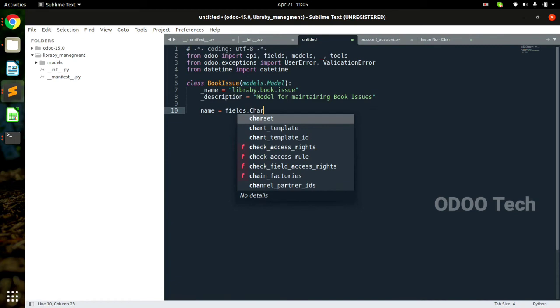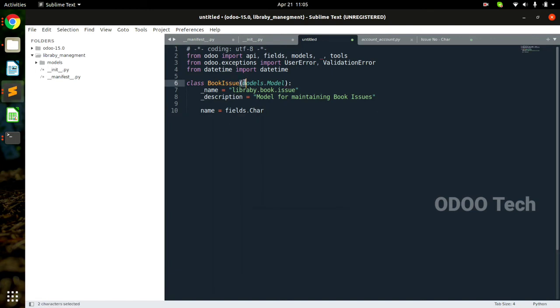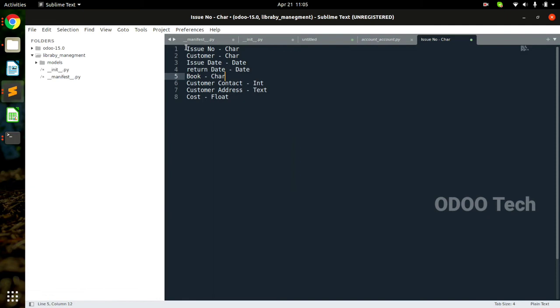Okay, and inside we have to put round brackets, opening round bracket and closing round bracket, and inside we're going to write one argument as a string, which is going to be used to display the front-end label.